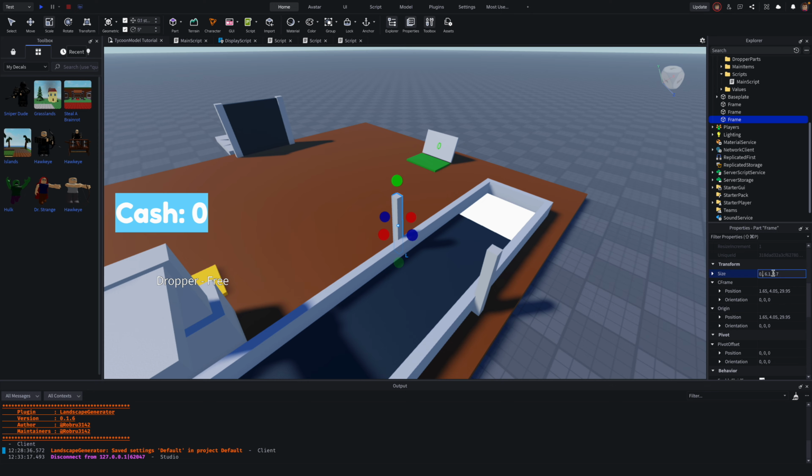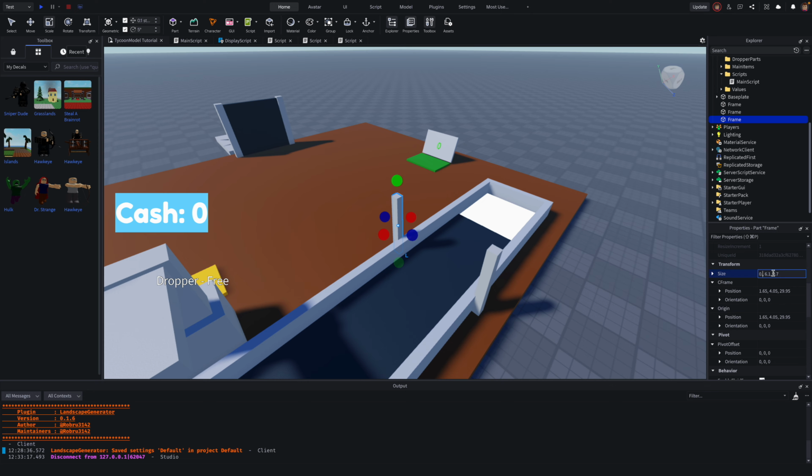So now we have an upgrader, and if we select all of them and press Control G or Command G to group, and call this the upgrader, then drag it into bot items, we can insert a script into the upgrader. Click plus and add a script just like this, delete the print hello world,